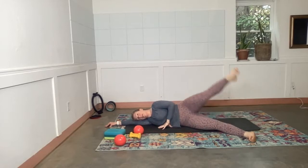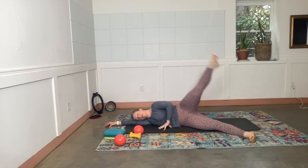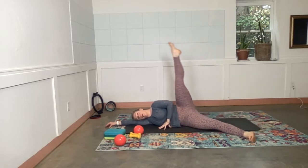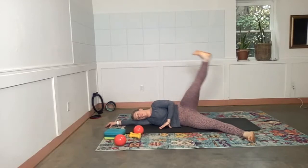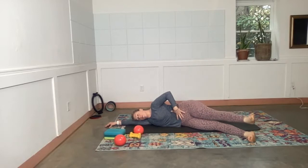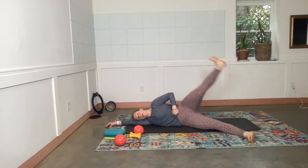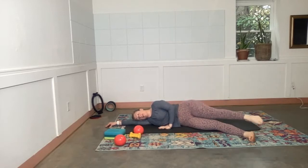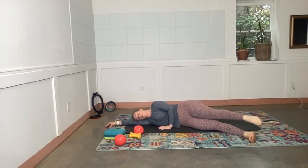A little bit of turnout, up and down. Kick up and down. Let's add a foot movement here. How about point up and then flex down. Point up, flex down. Deep breaths. Point up, flex down. Even here, there's a sense of stability through the abdominals. Let's switch the feet. Let's do flex up, point down, flex up, point down, 2 more. Flex, and down, 1 more time,